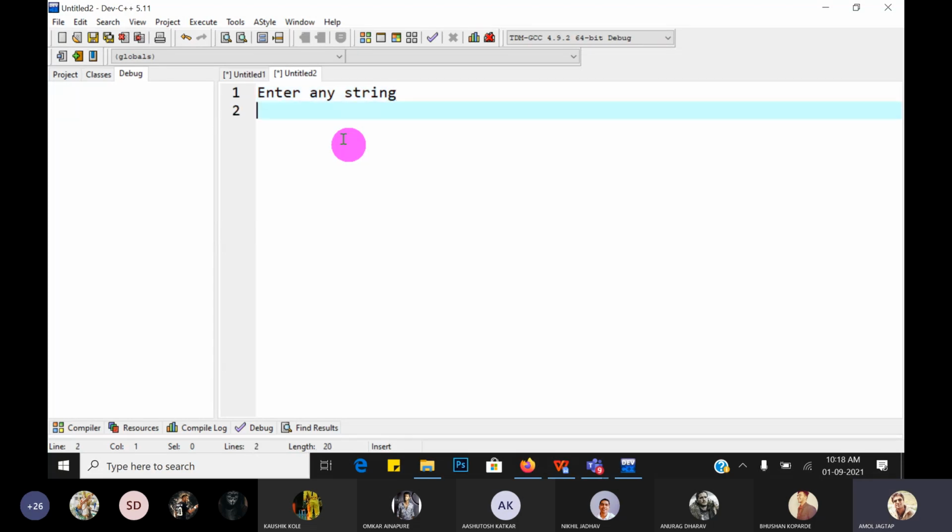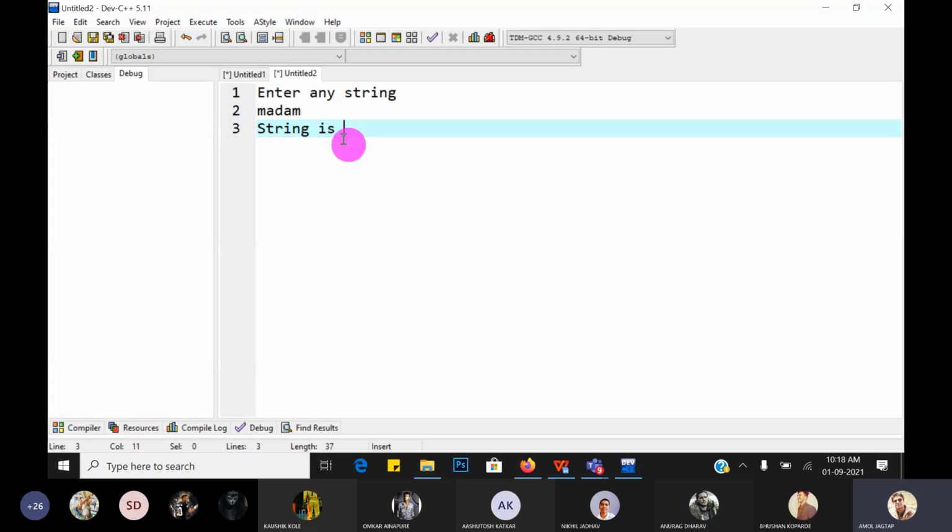This is the first message for the user. Then the cursor is blinking on the next line. The user can enter some string. Suppose the user enters madam as a string and presses enter. Then what is the message on the console? The message on the console is: string is palindrome. Yes, great. So in this way, the output is expected.